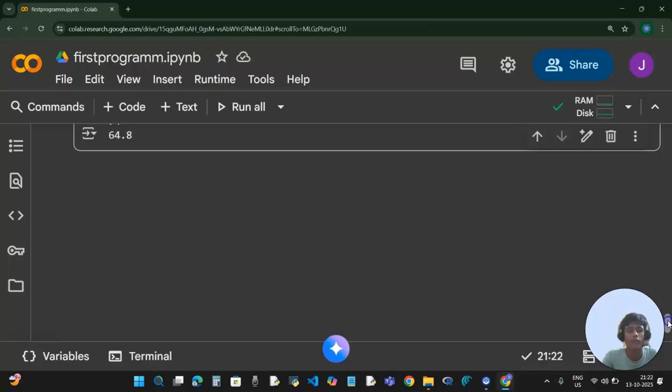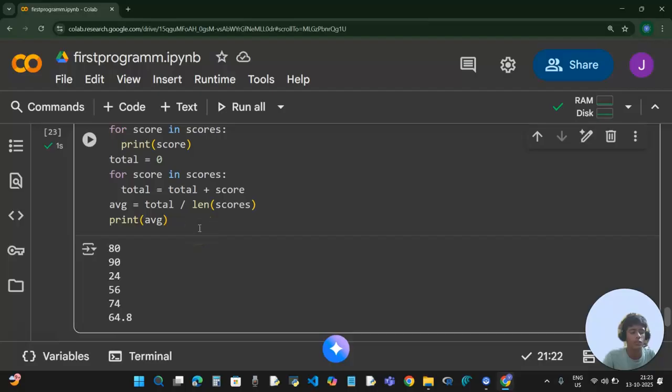To find the maximum score and which student got the maximum score,